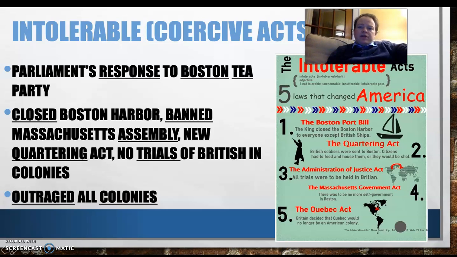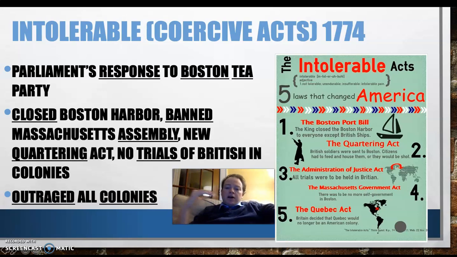As a result, talking about cause and effect, the effect of the Boston Tea Party was the passage of the Intolerable Acts, or as Britain called them, the Coercive Acts. They were coerced into doing them by colonial action. And this is where we start to see kind of the straw breaking the camel's back between relationships between Britain and the colonies. Again, it's Britain's response to the Boston Tea Party. It's basically a